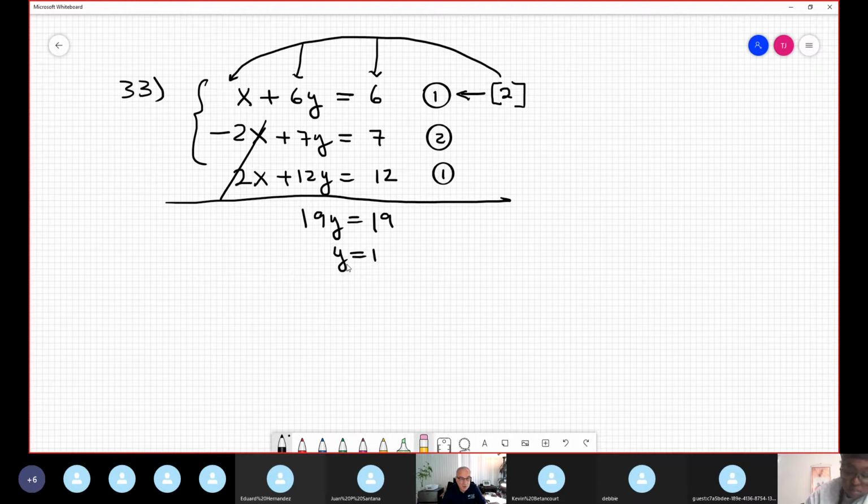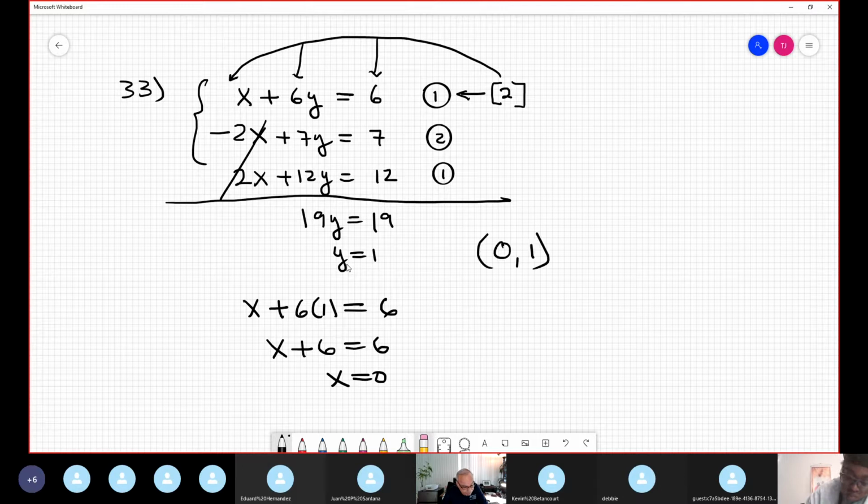Substitution here. This y in the first equation is x plus 6 times 1. Okay, so obviously 6 should be 6. X plus 6 equals 6 is because x is 0. And the solution is the ordered pair 0, 1. Like the option C in this case. 0, 1. Okay. Good, very good. We're doing 33,